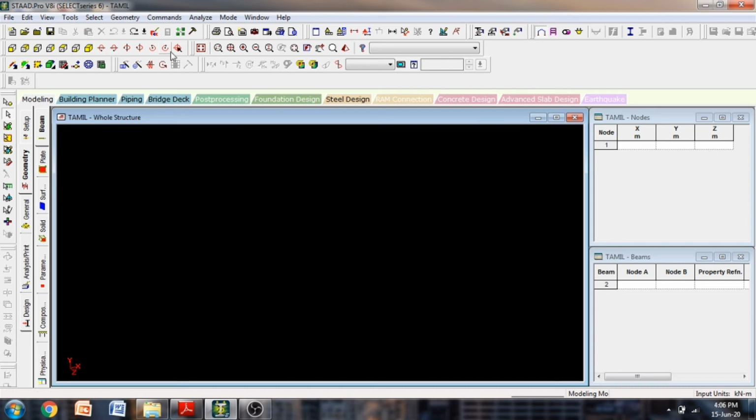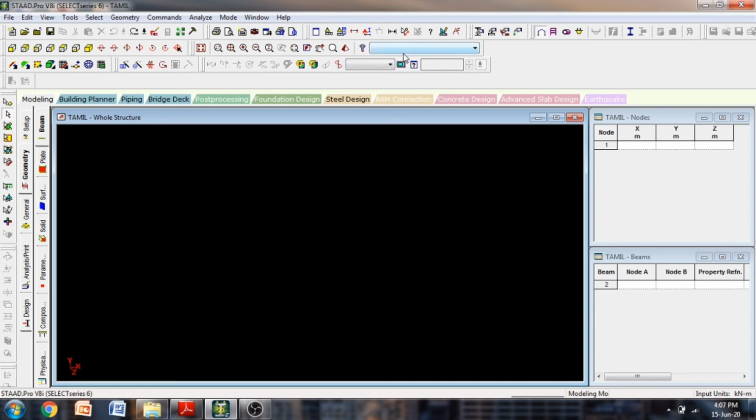If you have selected some components, this is what you have to click to display the whole structure. These are some zoom options, and this is for pan. You know what it is for, just to move the structure. This is the magnifying glass. This is the 3D view. After clicking this, you can see how your structure looks in 3D.